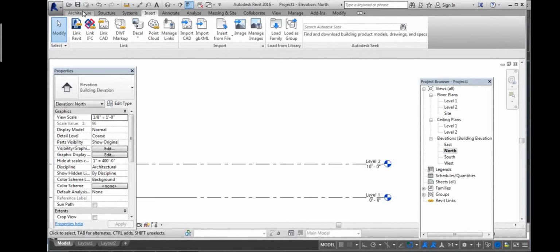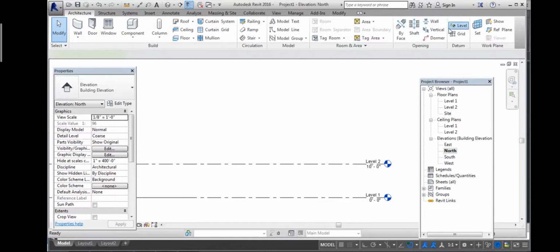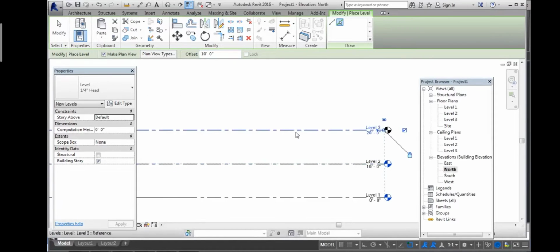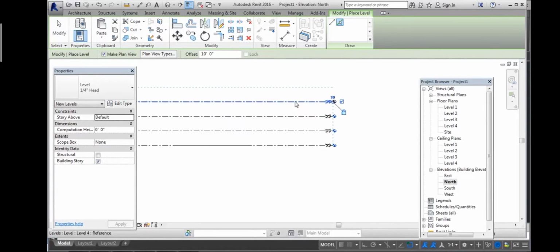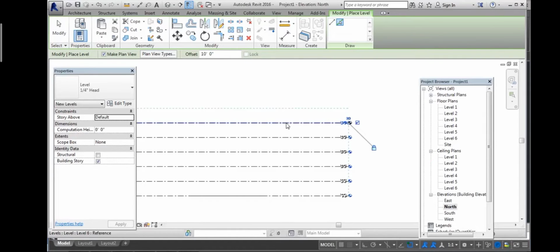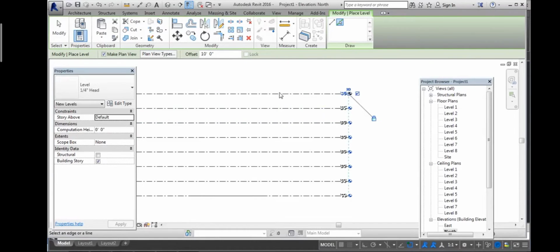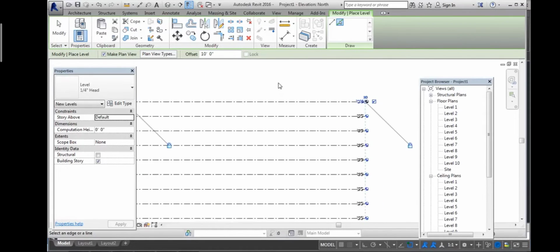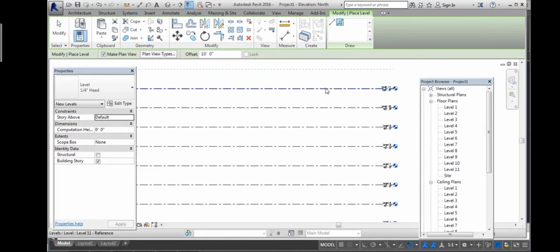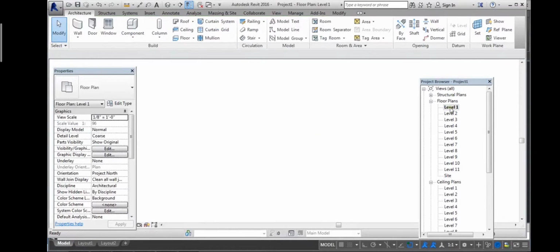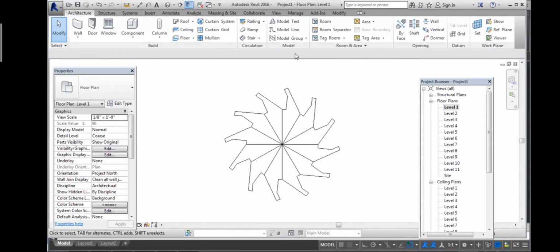Go to elevation and create some levels for the structure with an offset height of 10 feet. I am going to take 11 levels here. So all of the levels are visible in the project browser. Go through level